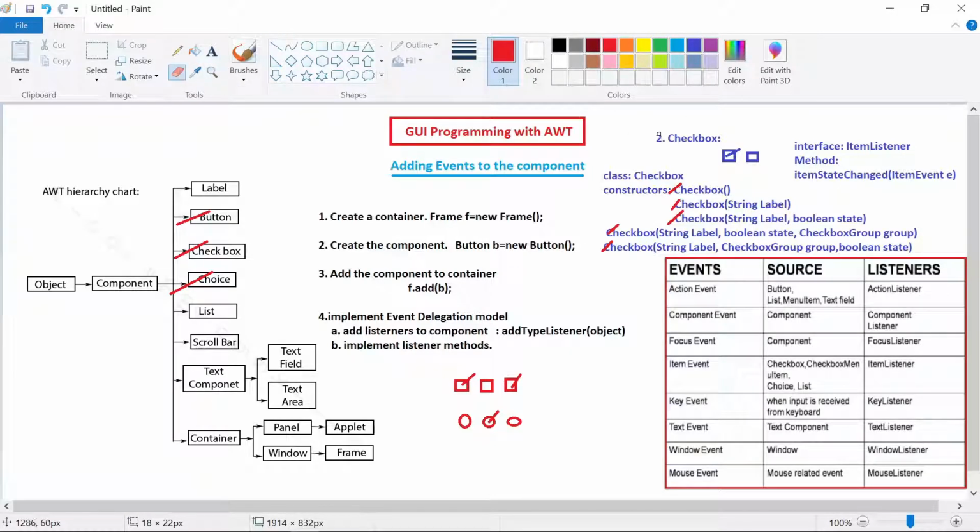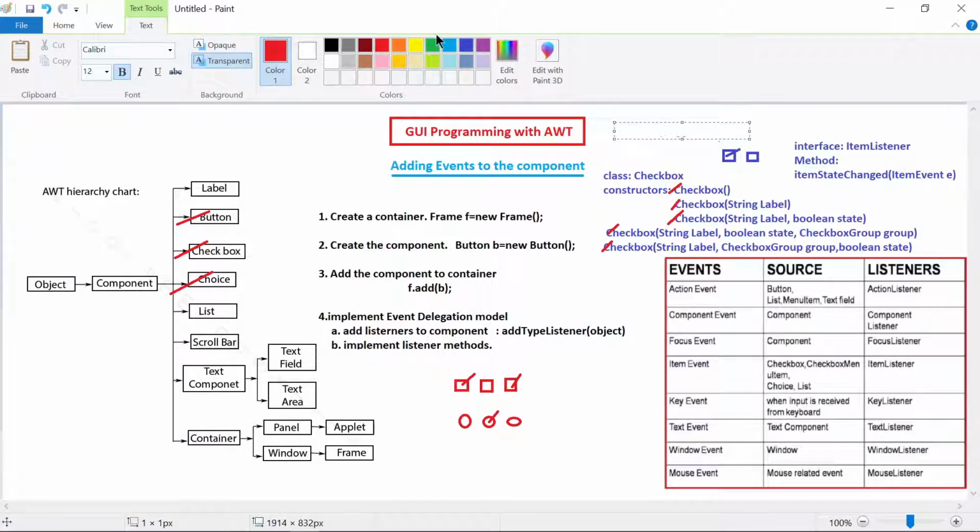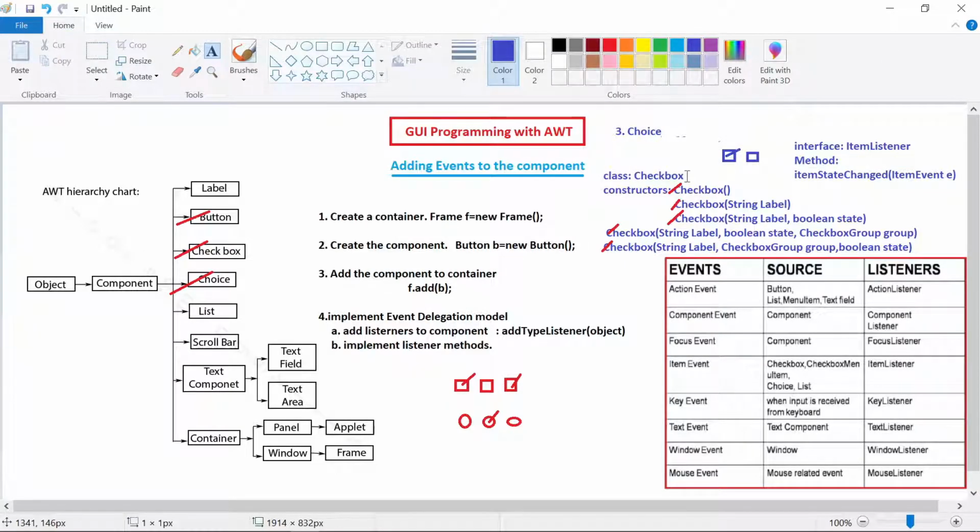That is your third way, the third one, choice. Now to add the choice, what is the class we are going to use? We are going to use the Checkbox class.